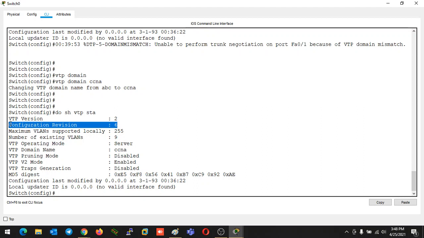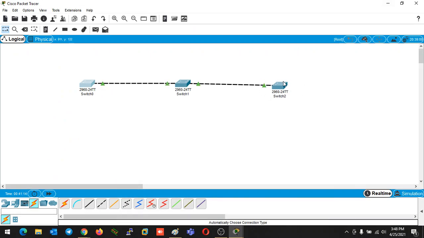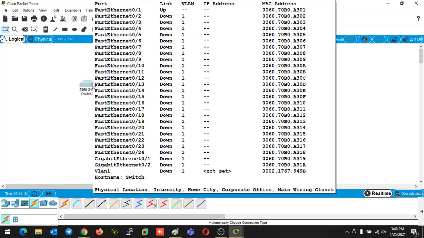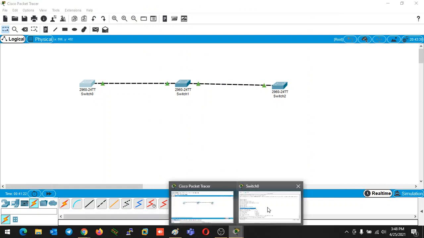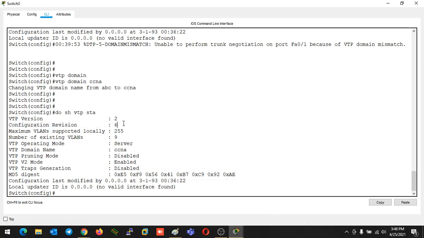Because after you configured the domain name on this switch, the client switch had one old update. So the client switch also sent an update to this switch. After receiving the update, this switch updated itself, and the CR number that was in that update, it configured itself. This is the way it changes.